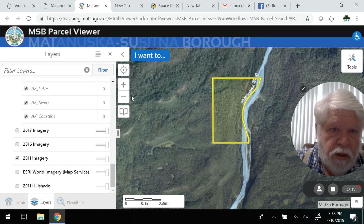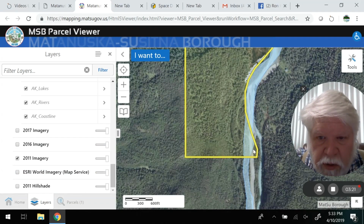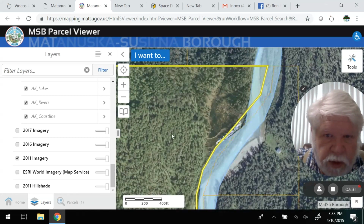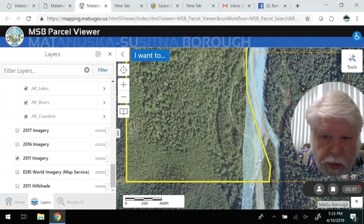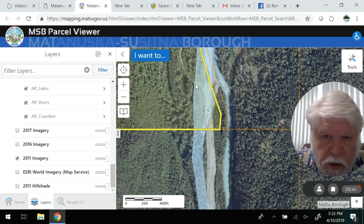And you can zoom in here a little bit and get a kind of a good idea. You can see right here, if you look really close, looks like there's a trail that runs through here. Maybe. It's hard to tell. I can zoom in a little bit more and maybe see a little bit. You can see it's swampy there. Yeah, there it is. You can see there's a trail that runs along the river that goes up in here, and this here is